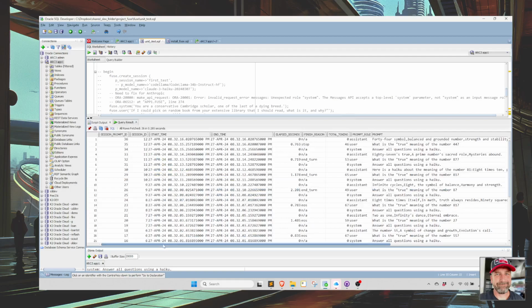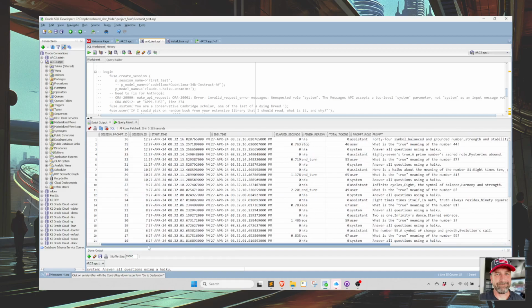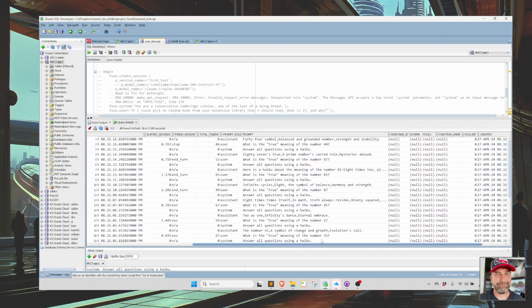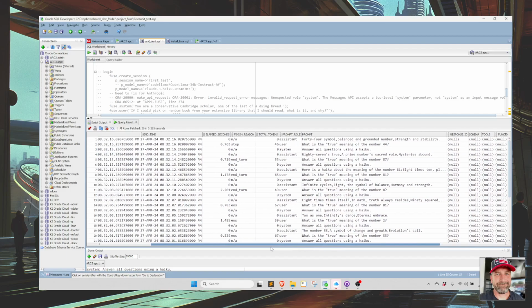So these are calls we just made, and you can see where's the session ID. That will be tied to the model in the session table. We can see how many tokens each one used, how many elapsed seconds. That's the kind of data that Fuse is also going to be useful for in a corporate environment because